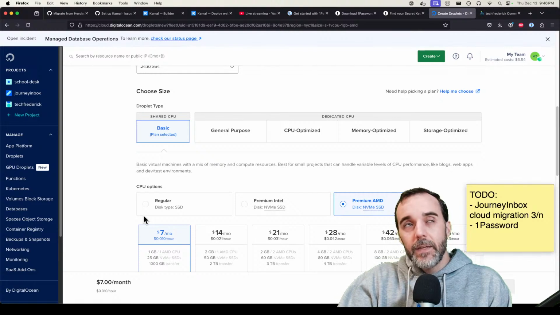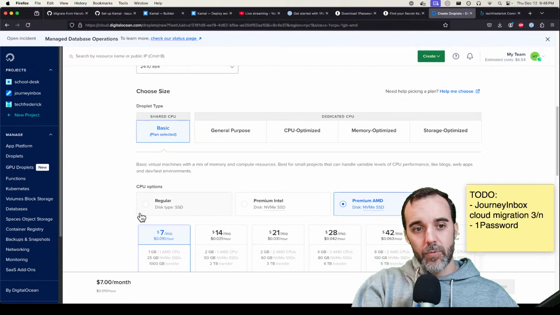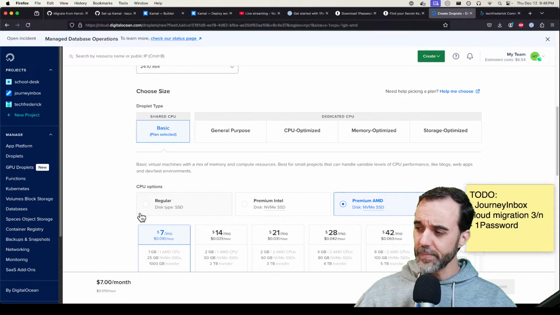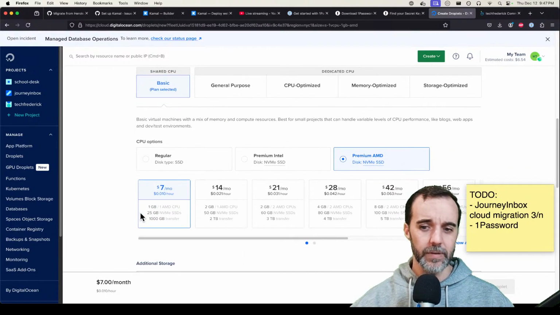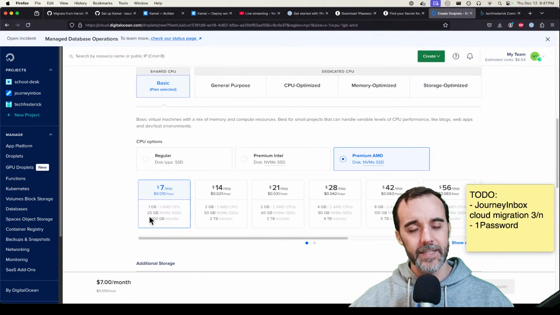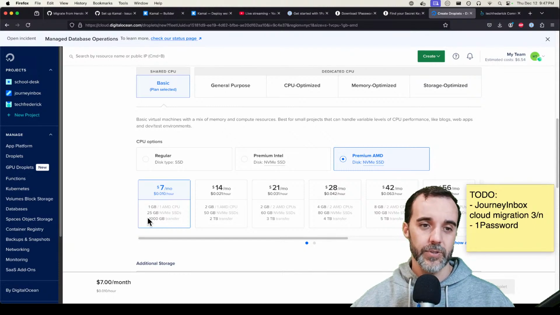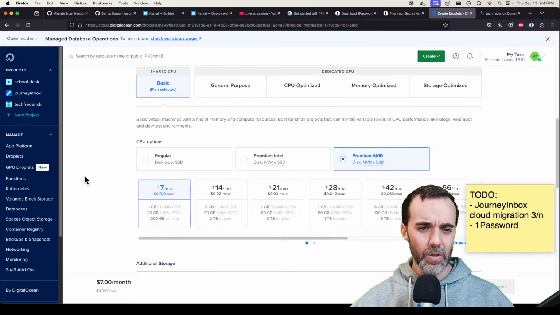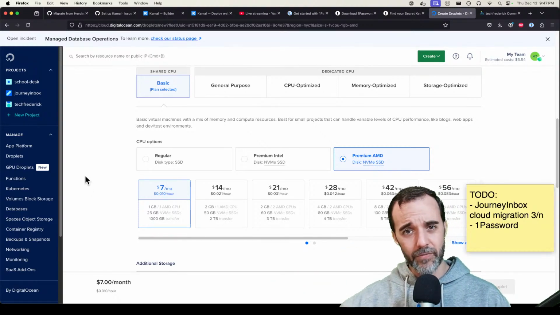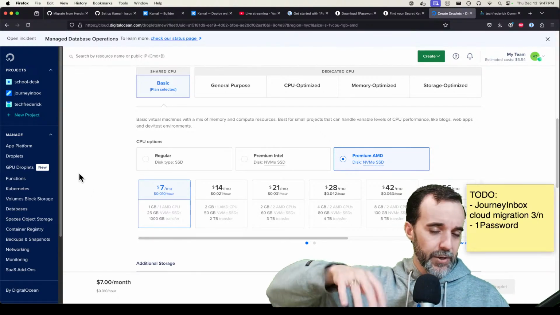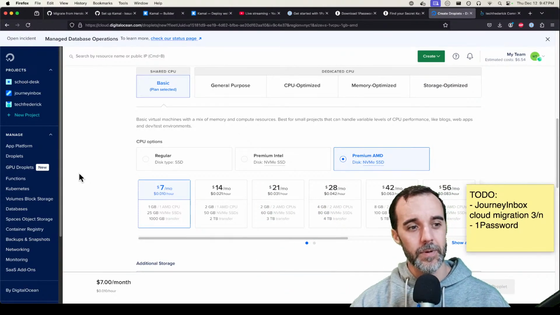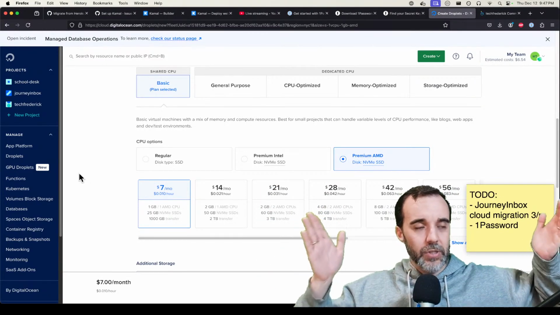If you have a hobby project that you want to start down this path, you don't know how many customers you're going to have. One of the cool things about DigitalOcean and these SaaS vendors is, let's say you're concerned with, am I going to have to redo everything if I need a different size? The way this works is you can turn off your machine and you can pick a bigger size. Now going back down, I think is harder, because, well, just logically think about it. Let's say